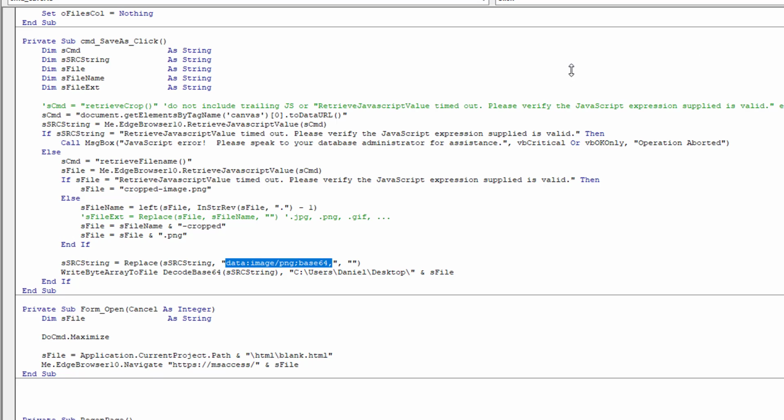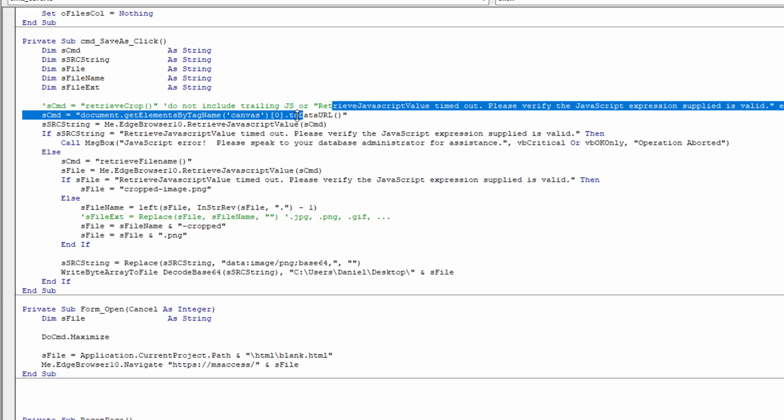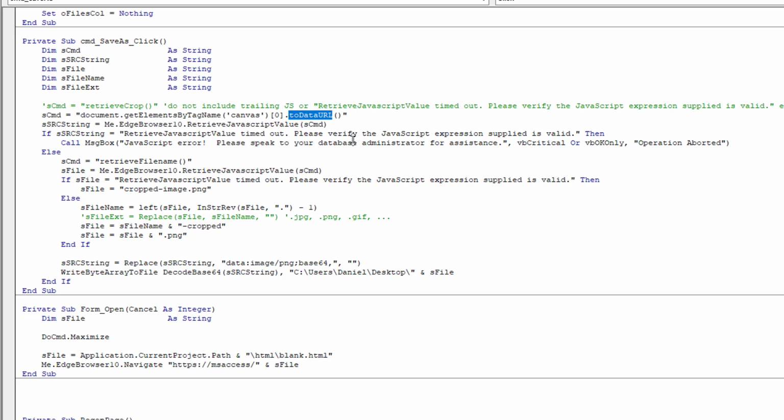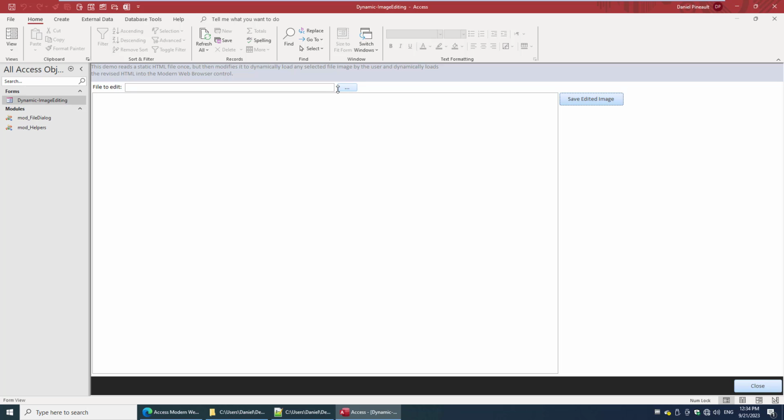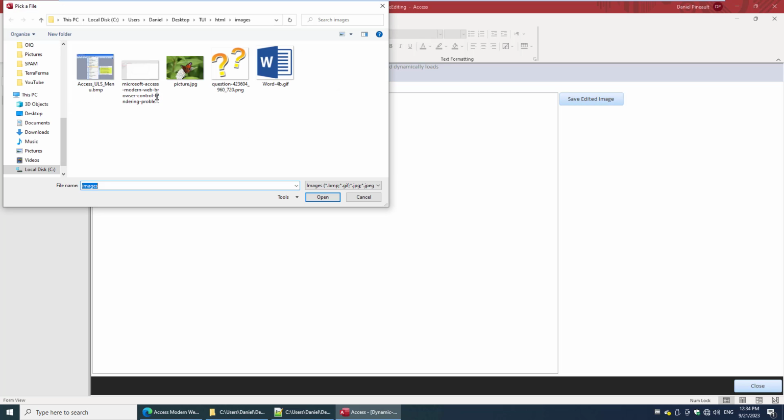I know some of this code is a little strange, unfamiliar, especially knowing that you need to do this. But whenever you work in HTML canvases, this is the magic right here. And I didn't have to invent it. I just needed to be aware of it to use it. But this is what allows us to do so much with the web browser control. And that's how we end up with these fully functional image editors